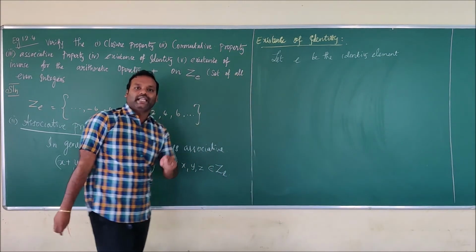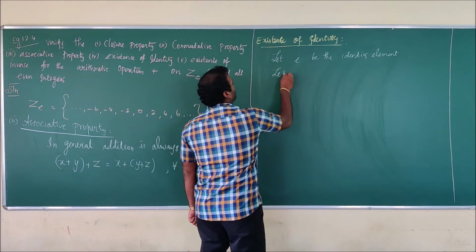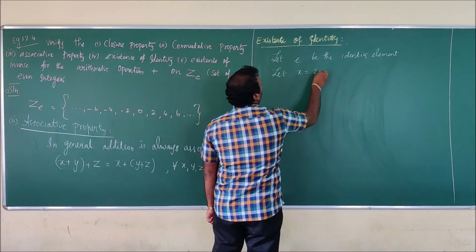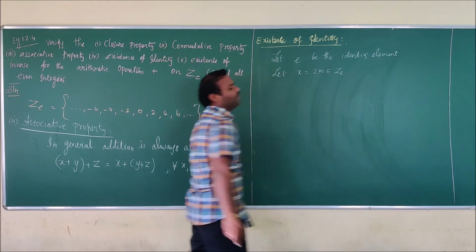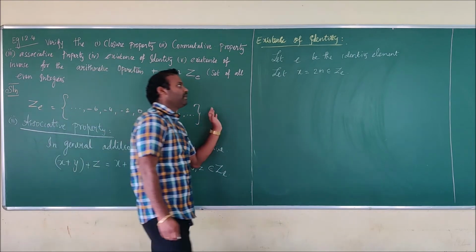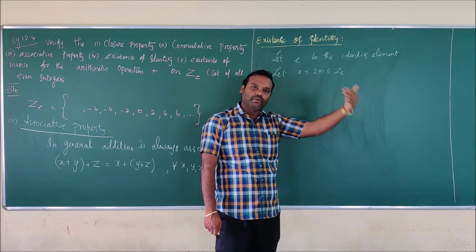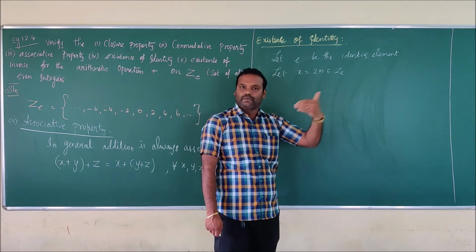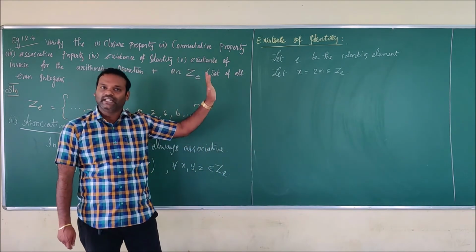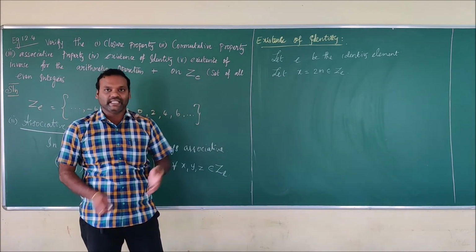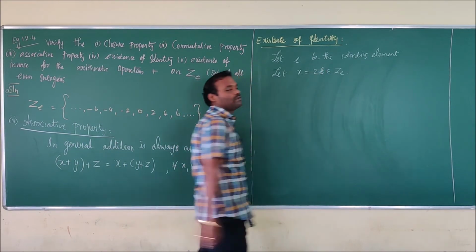And I am going to take an element from the set. Let x = 2m belong to the set. What is that set? The set of all even integers. Don't confuse yourself, 2m is our assumption. One may use 2k or 2n or 2p, whatever alphabets you like, you can make use of that alphabet, no problem. So let me write this 2m as 2k also.